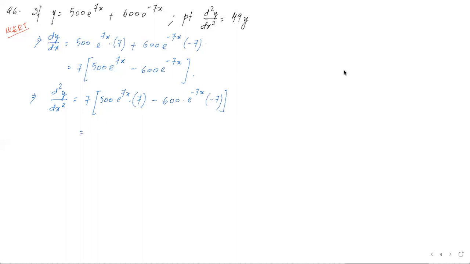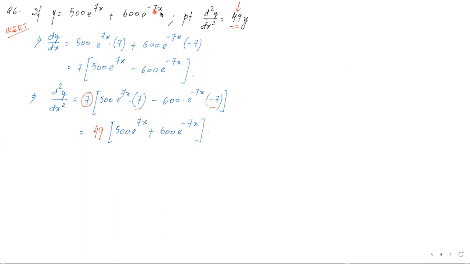Again what we can see is that we got this 7 and this 7 which can be taken out common outside. So this 7 along with the inner 7 which came common, we got the term 49. I wanted this 49 in the proof, and that is why I was only taking out 7 each time. So when 49 came outside, what are we left with inside? This is 500 e to the power 7x. Now this minus sign and the inner minus sign together make plus. And here we have 600 e to the power minus 7x.